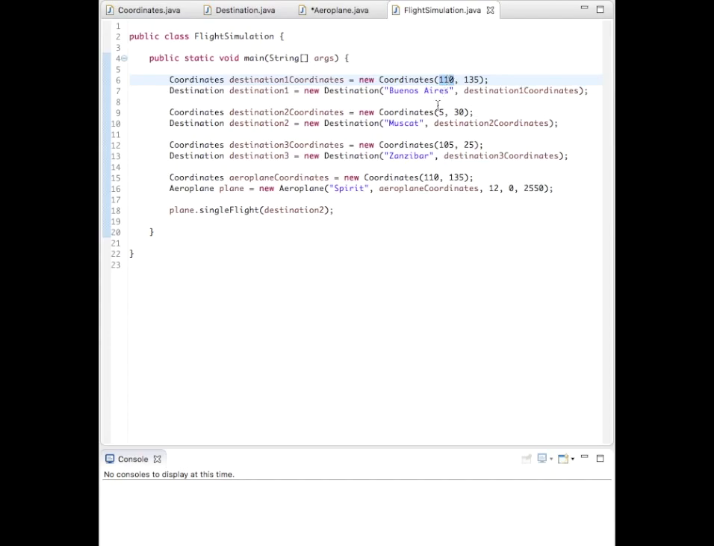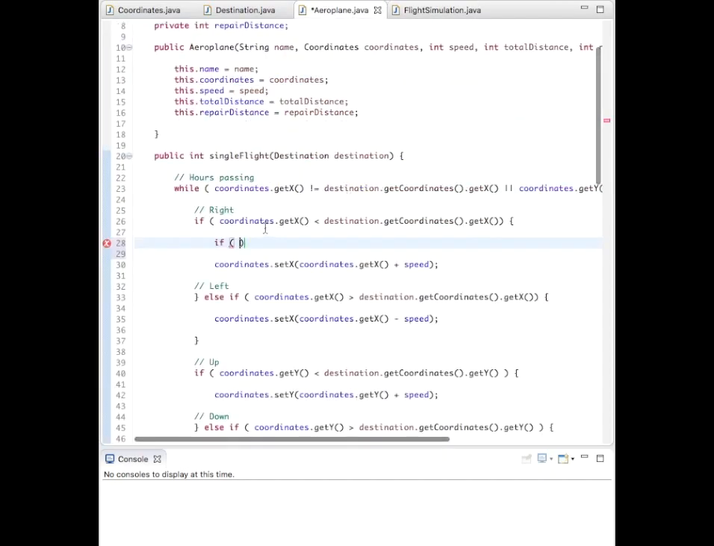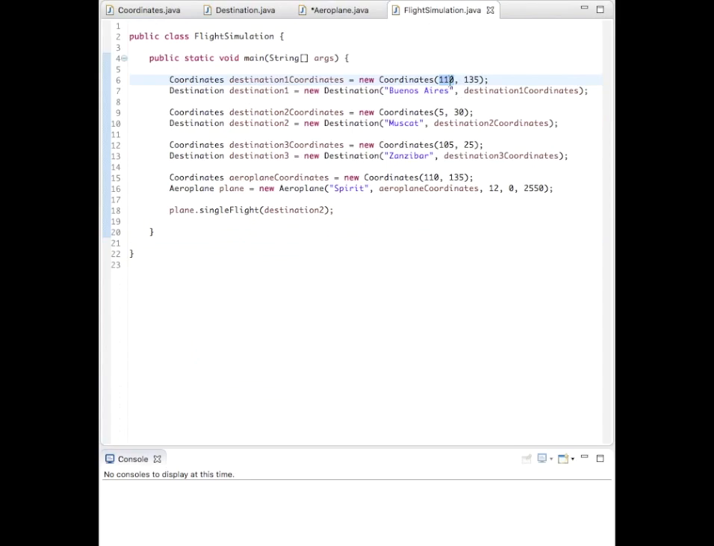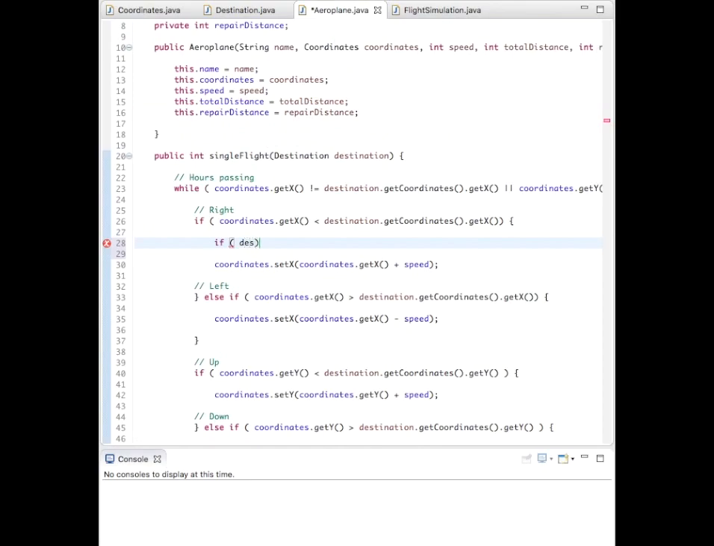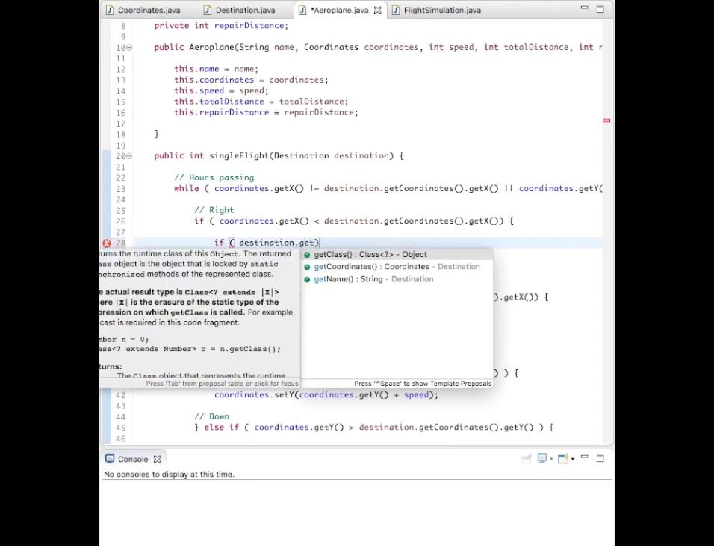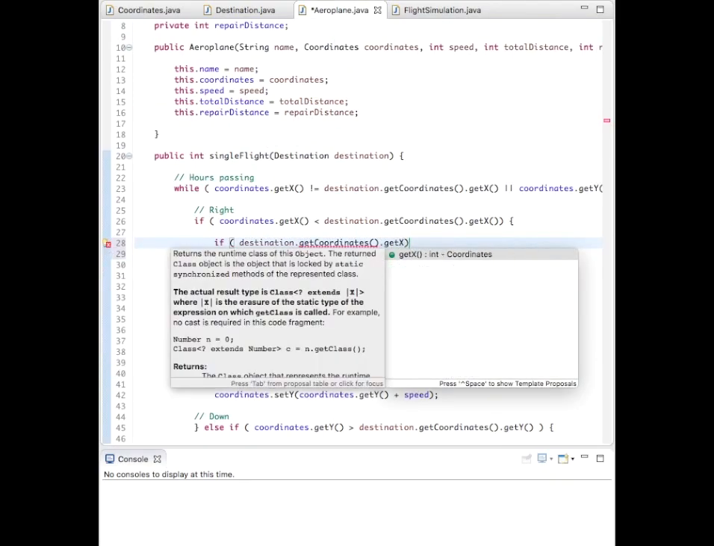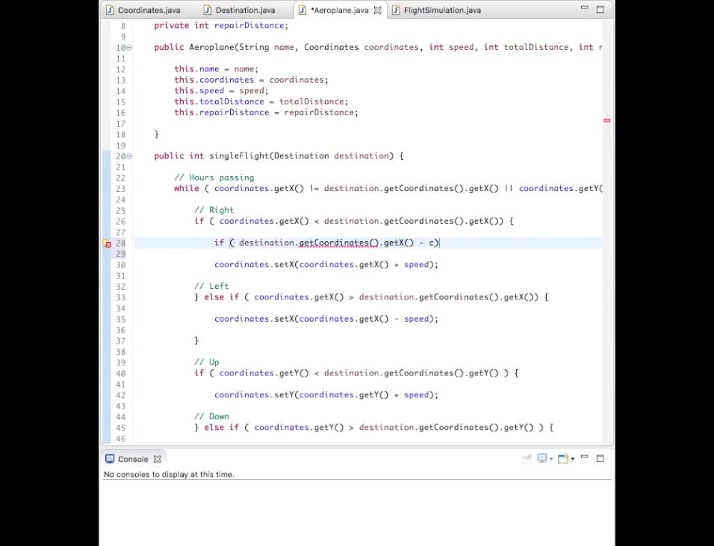Right. So imagine again I'm at 5, so my x position is greater than 110. I don't want to subtract 110 from 5, do I? I want to subtract 5 from 110, right? So I want to take my destination and subtract from it where I am now. So I want to say if destination dot get coordinates dot get x, minus where I am now,